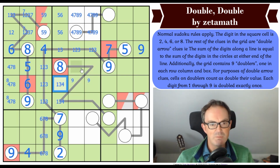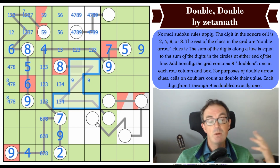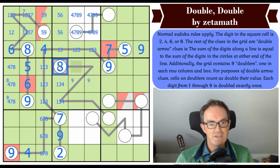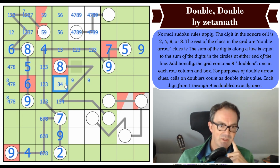If this is a 1, the minimum value of these squares is 27. And I know that because all I did was take the triangular number for 7, which is 1 plus 2 plus 3 plus 4 plus 5 plus 6 plus 7, which I know is 28, and I deducted 1 from it to get 27. Now 27, even with doubling this digit, means that digit's got to be an 11. That doesn't work. I have strong suspicions this can't be a 3 either. In fact, I'm now worried I might have even just broken the puzzle. If this is a 3,